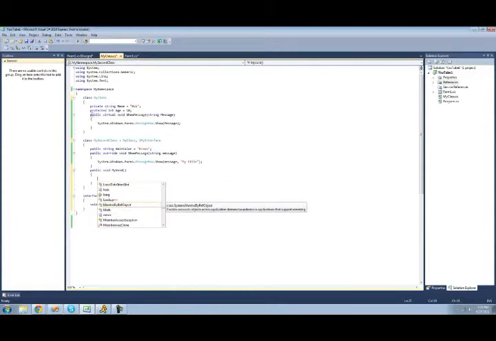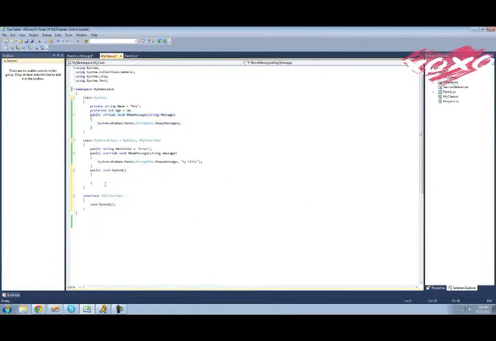Actually, I might as well use this method right up here. So we'll just do base dot show message, and then we'll have it display a message saying my void. So now we can use this just like we would normally use it. And you're probably wondering, what's the point of having an interface if we can just declare it in here anyways? Well,